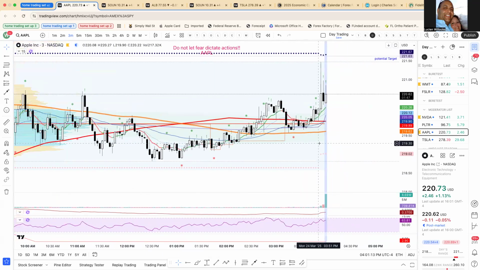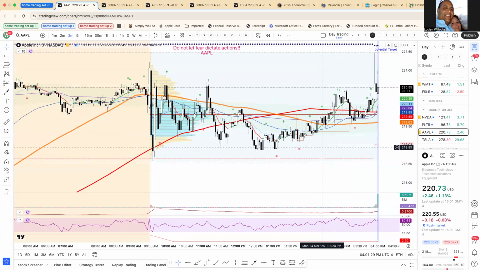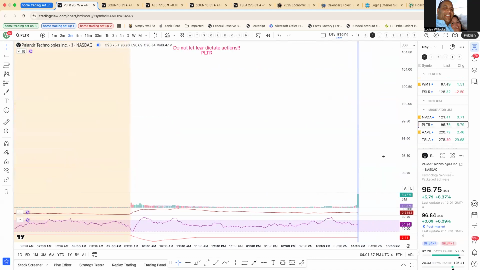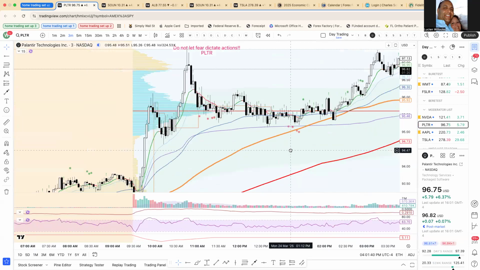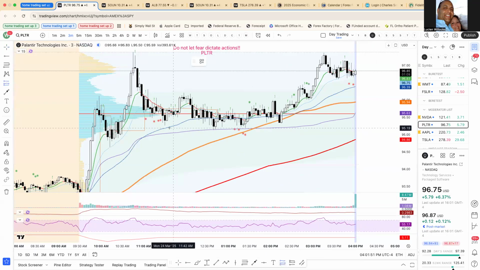So let's move on to how else I use this. I use it for support and resistance at times. And I usually do that if I'm looking to get into a trade or if I'm looking to get out of a trade. So let's go back to Palantir, I believe it was. Zoom in on this. Okay. So here we are on Palantir again. And if I were in this trade, let's say I got in this trade,